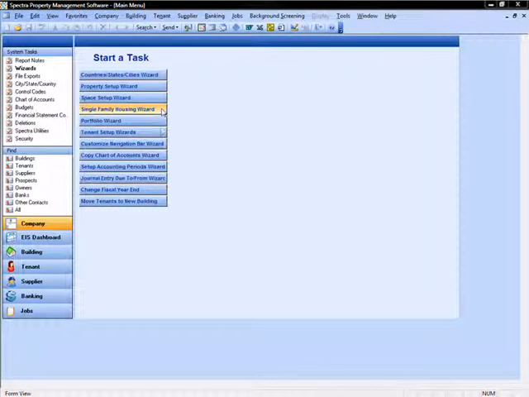If your portfolio contains single-family homes, Spectra has a special setup wizard just for you. The single-family housing wizard combines the property, space, and tenant setup wizards into one, plus the setup of the owner information and all lease names. Before we begin our tour of the single-family housing wizard, I'd like to first point out a few general items